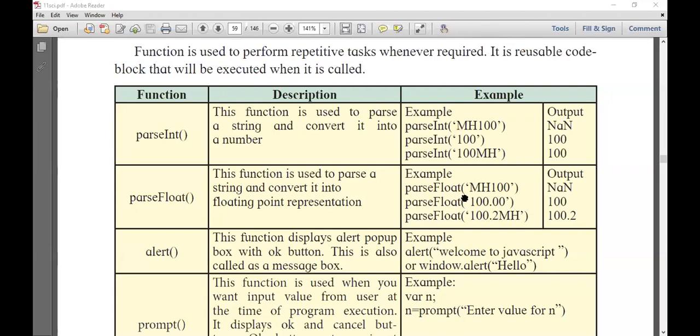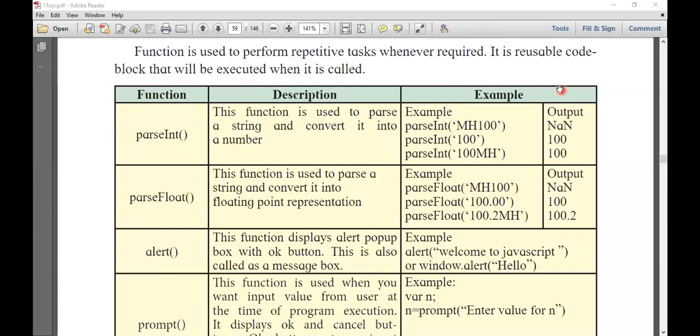You always have to remember which characters to write in capital letters and which in small letters, because JavaScript is a case sensitive scripting language. So you have to maintain capital and small letters in your coding. In parseInt, I is capital; in parseFloat, F is capital. It should always be capital.